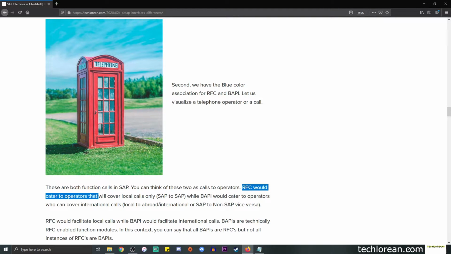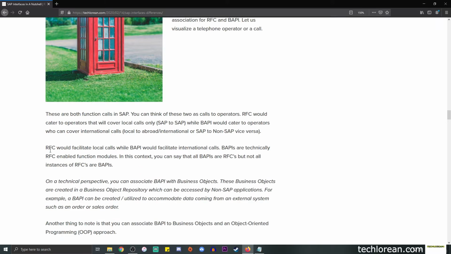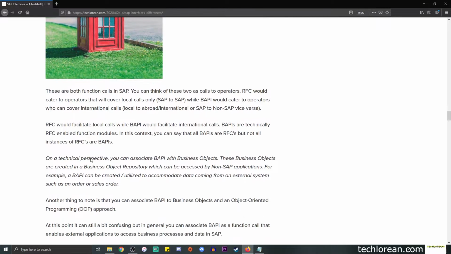RFC would cater to operators that will cover local calls only, so SAP to SAP, while BAPI would cater to operators who can cover international calls, local to abroad or international, SAP to non-SAP. So RFC would facilitate local calls while BAPI would cover international calls. In essence, BAPIs are technically RFC-enabled function modules, and this can get a little technical for some of you, but